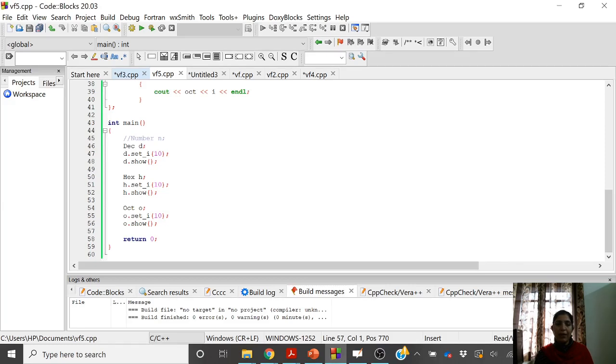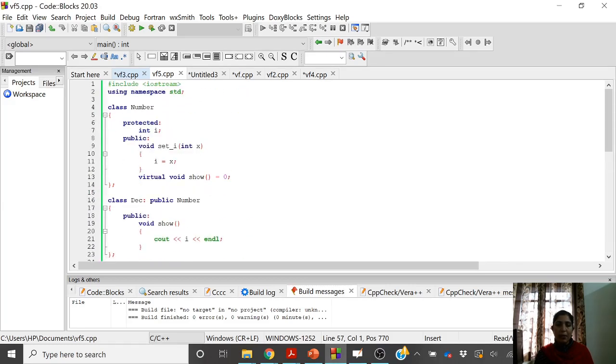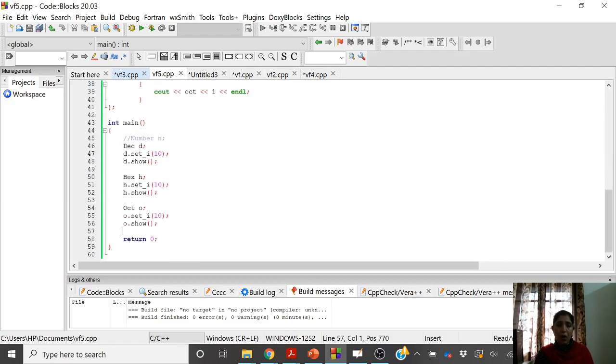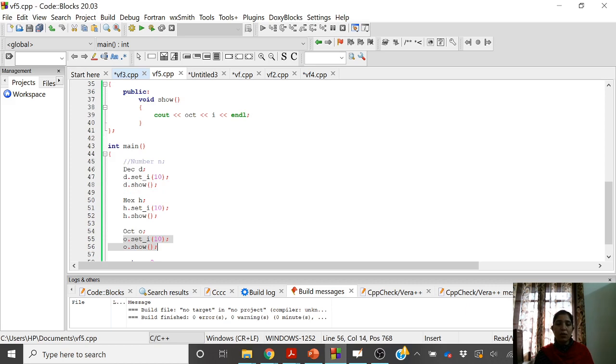So although we have created an abstract class, we are not using any kind of runtime polymorphism in this example. All these bindings are compile time bindings. Why? Because we are not using any kind of pointer here. Okay, so